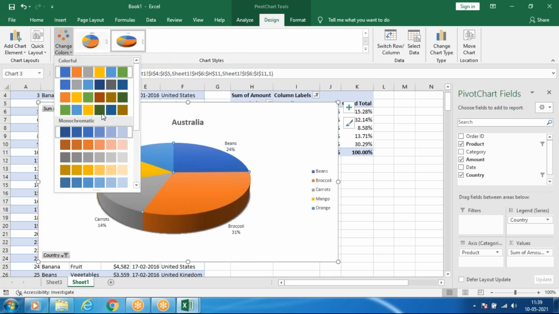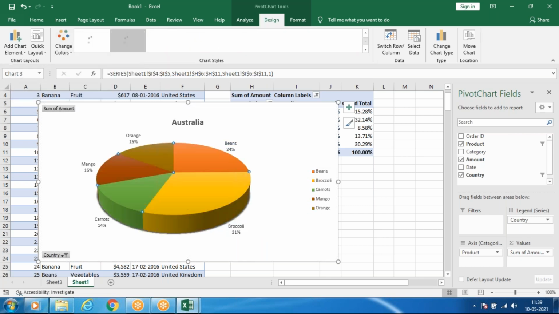And for this pie chart also you can change the colors how you want, and the values of the colors will show on this side. So orange means beans. So the name itself can be displayed here.